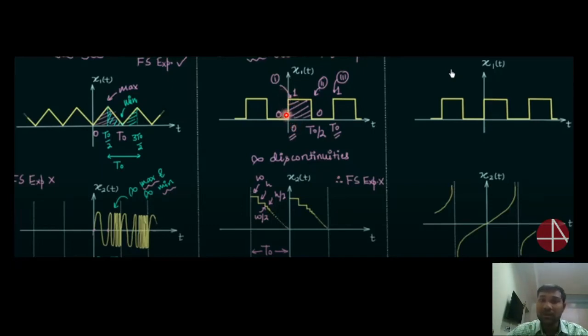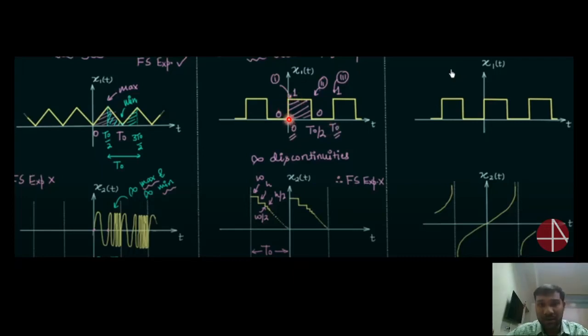A similar graph, anywhere you find it, is called a discontinuity. So in this signal, what is the time period? From here, my signal is repeating till this point, right? From 0 to t0, the same thing is being repeated again and again. So in this one time period, how many discontinuities do I have?